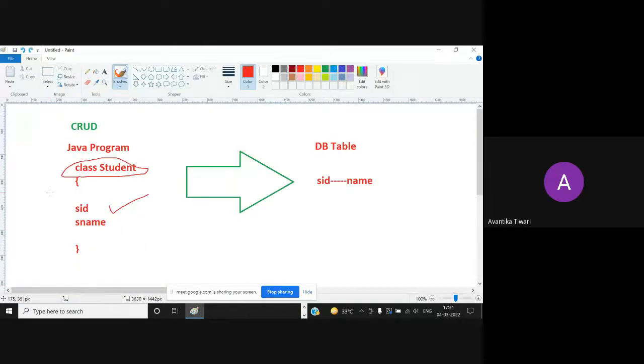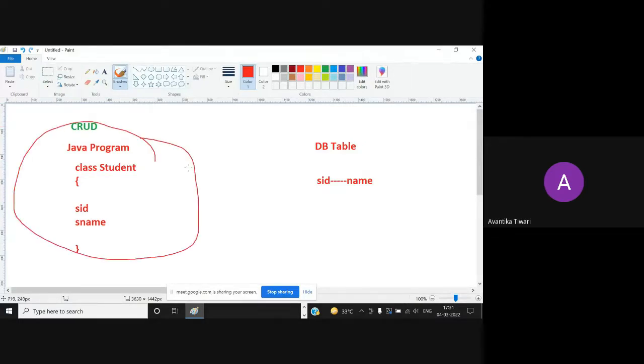What exists in my database table? Variables. But where are these variables present? Student table. Corresponding to this class, I have a table in the database and the name of the table is student.